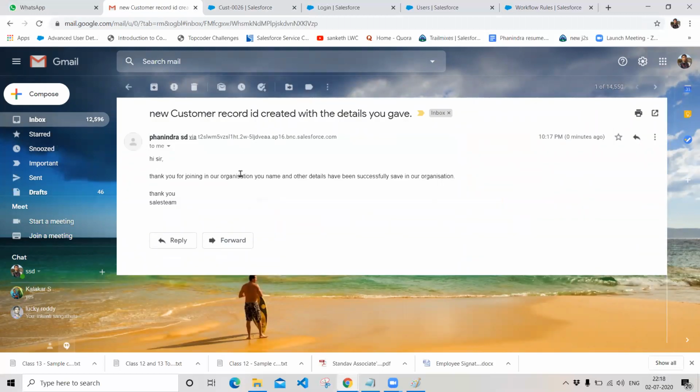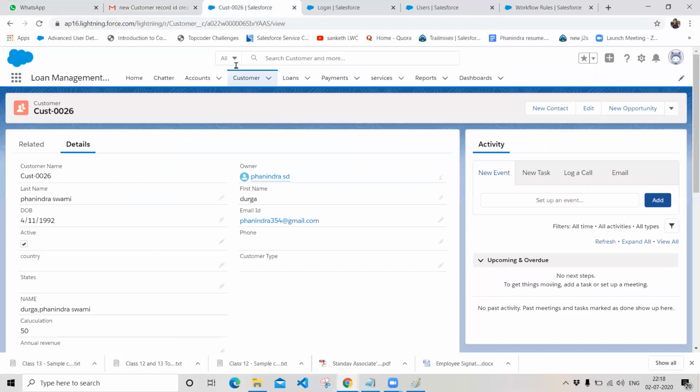Let's see what is there in the mail. And this is our mail. Hi sir, thank you for joining our organization. Your address and name, other details have been successfully saved in our team. So this is how we do an automated action for sending an email by using workflows. Similarly, if I want to create a task in the workflows, then how can I create a task in the workflows? Let's go back to our organization,